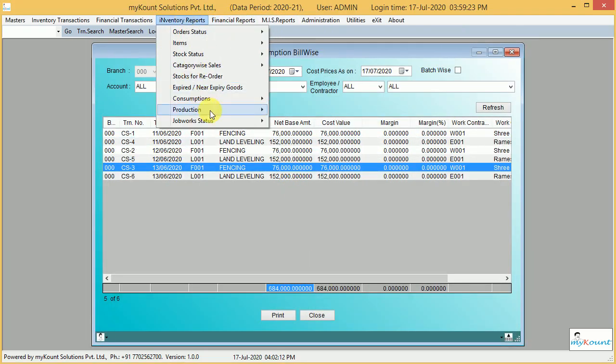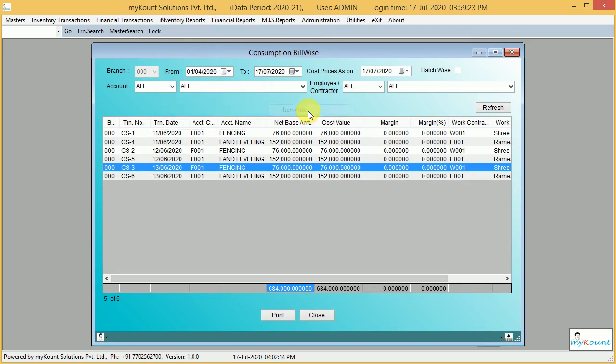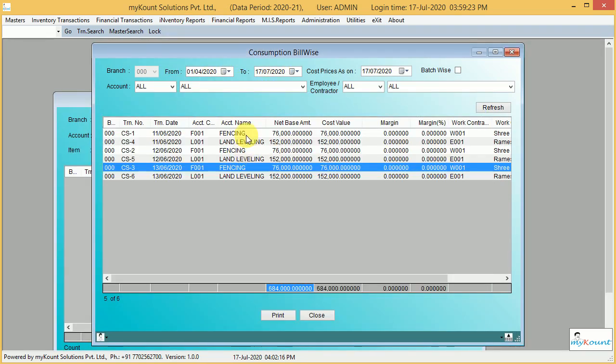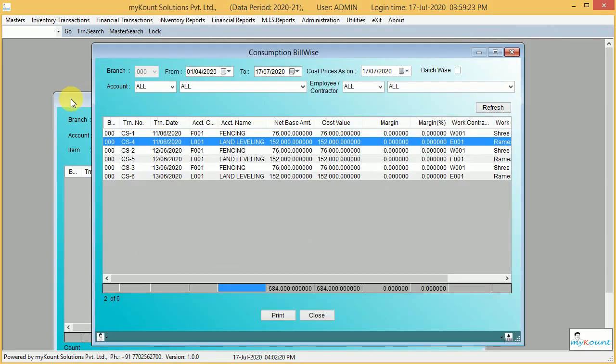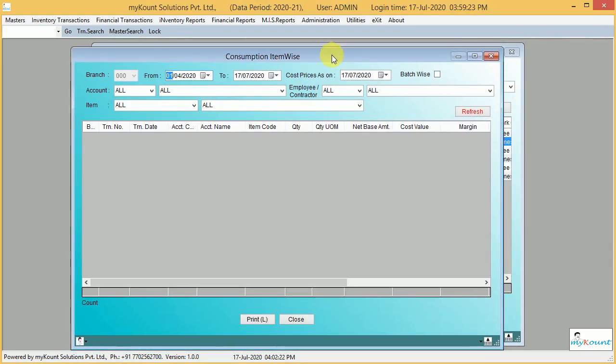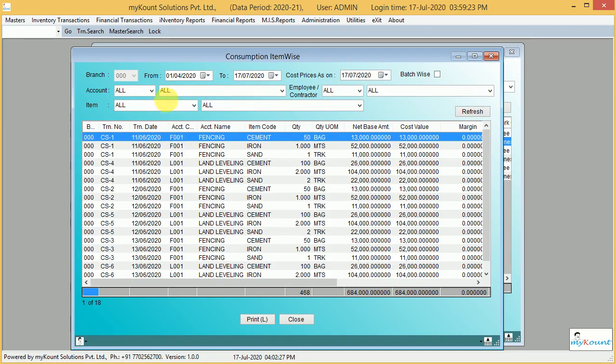Next, consumption item wise. Here on double click we are looking at the items, but in item wise we can see each item here directly. So select the usage account, after that who has taken.